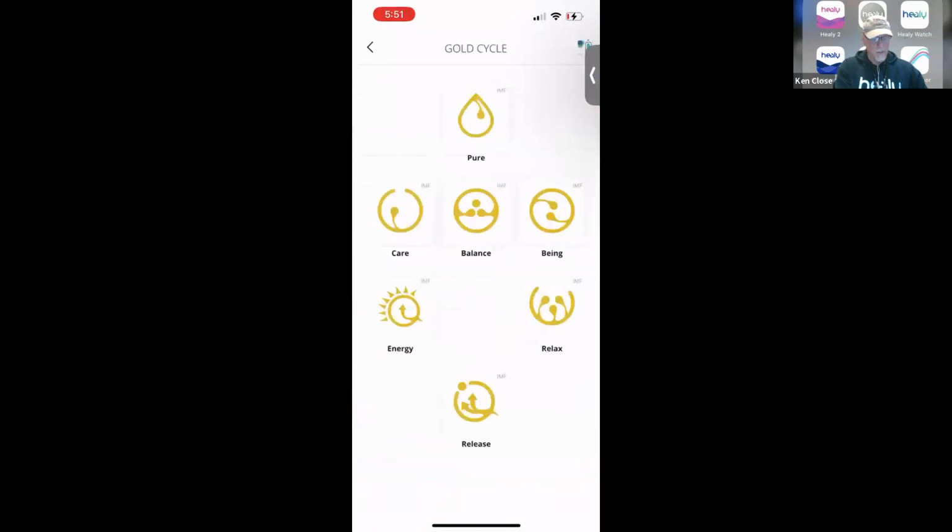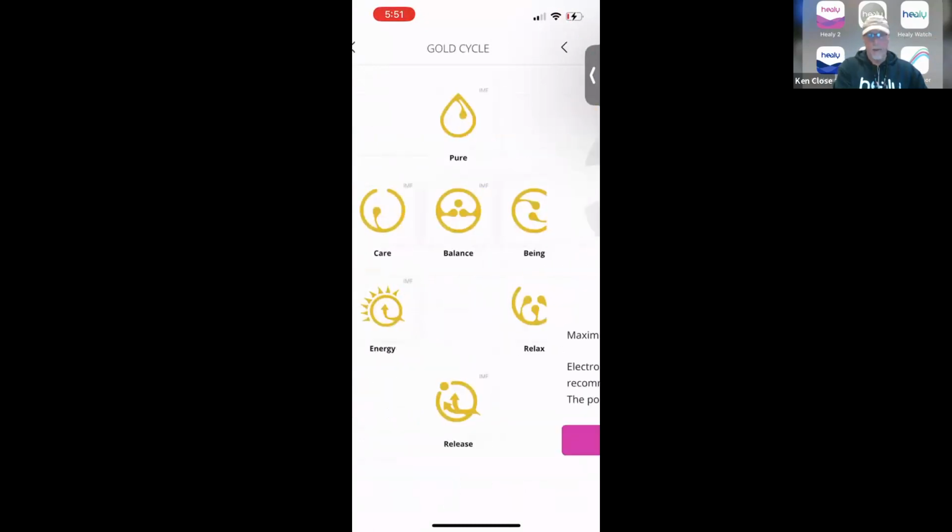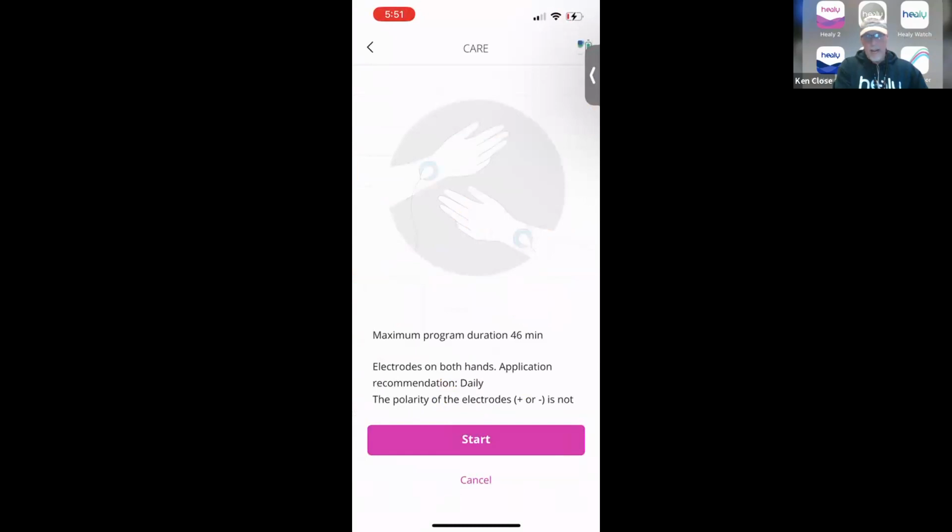Let's just go to the gold cycle frequency programs. And I love the CARE program. It's one of my favorites. Now, as we talked earlier, the app shows you how to connect. So you see here, it's showing a couple of hands, a little dot on the top, what looks like perhaps the top of the wrist, and then a wire lead connected to that. Now, remember what I said? You can supersede that for these wristbands and put that lead anywhere you wish on the circumference of the arm, however you want.